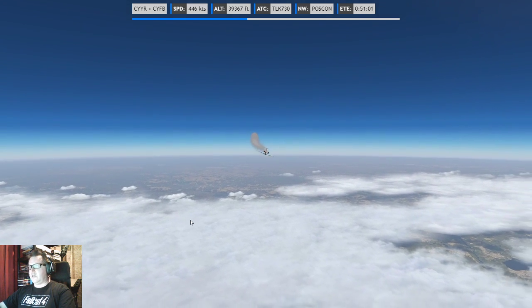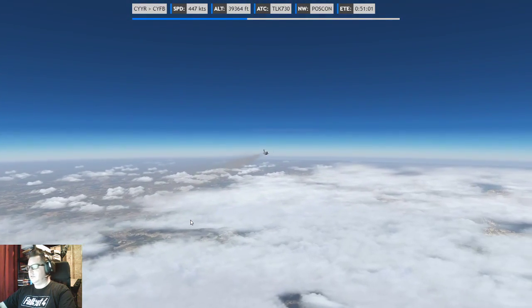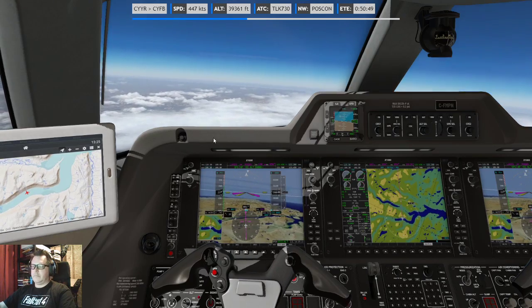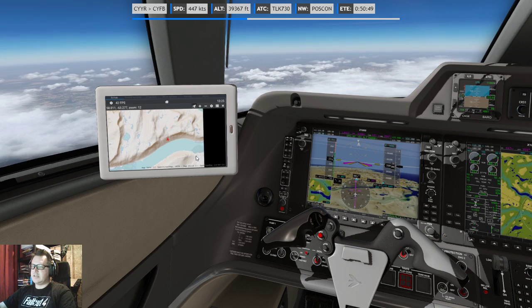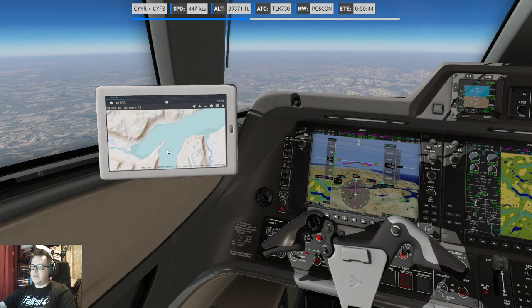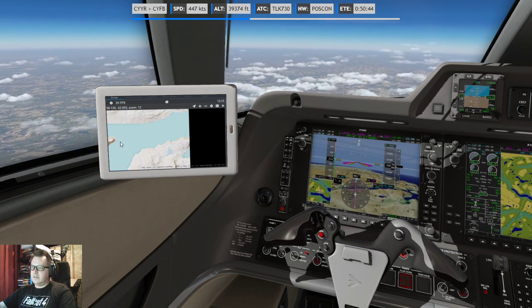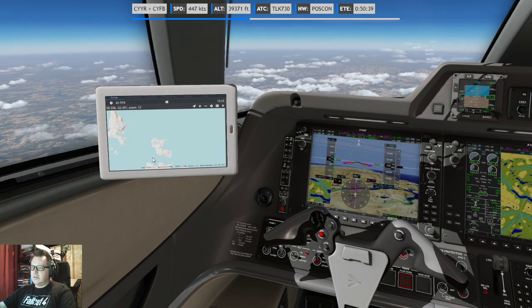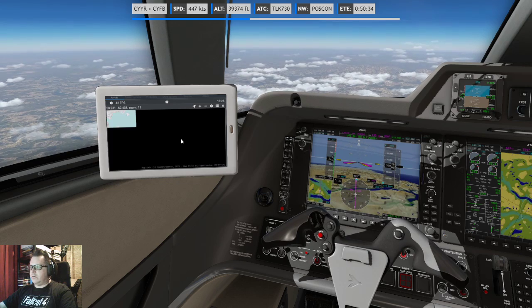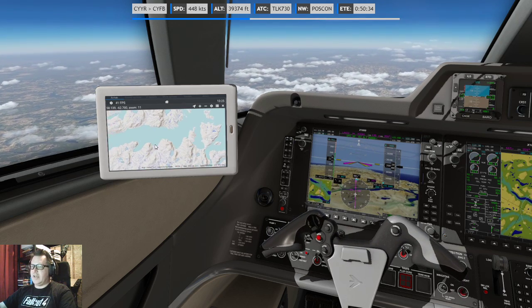Here, slight course deviation. And this lake is, lake something. Can I get a name? Or is it one of the, I don't know, hundreds of thousands of unnamed lakes?